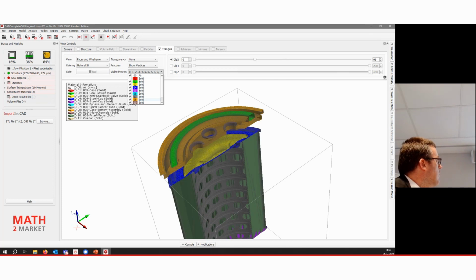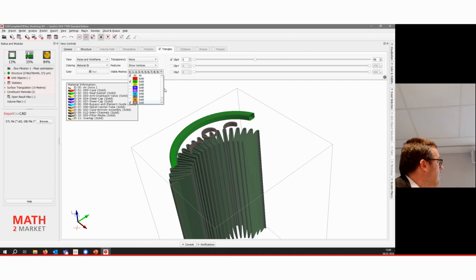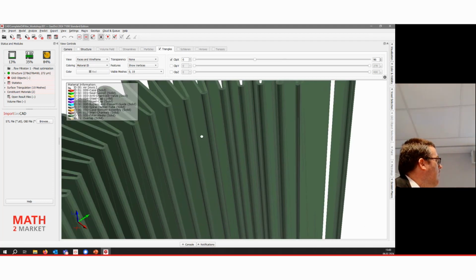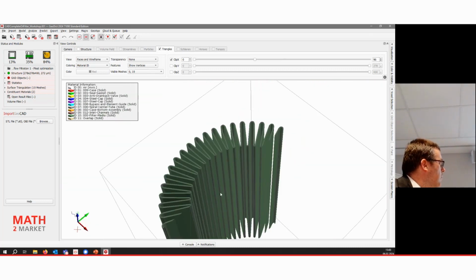The 8 is the case bottom assembly, okay. Then the 7, yeah, that was the inner one here. I can also remove everything but the pleat. Okay, there are some structures up there too. Oops, I think 2 was the wrong one here. So, I can go there, and we see here our triangulated pleat.